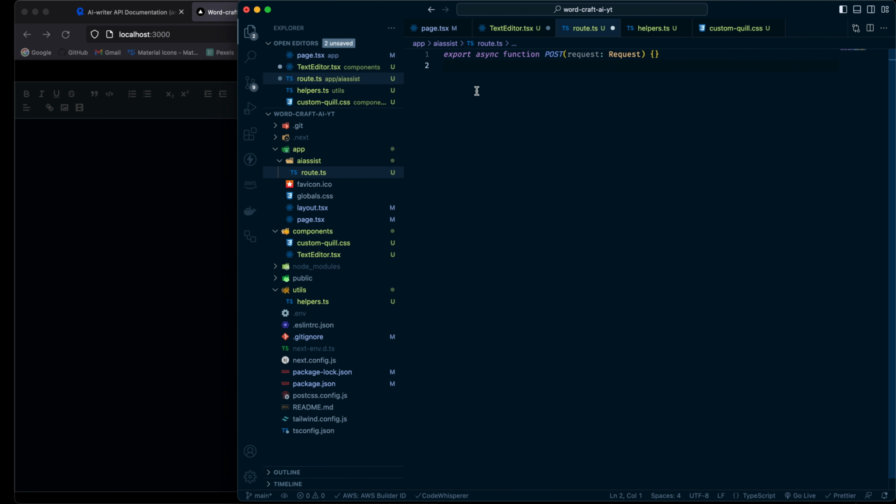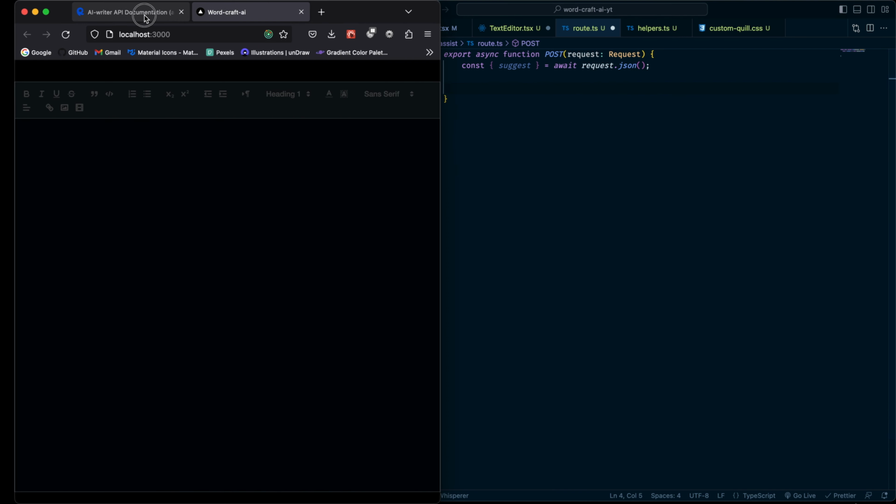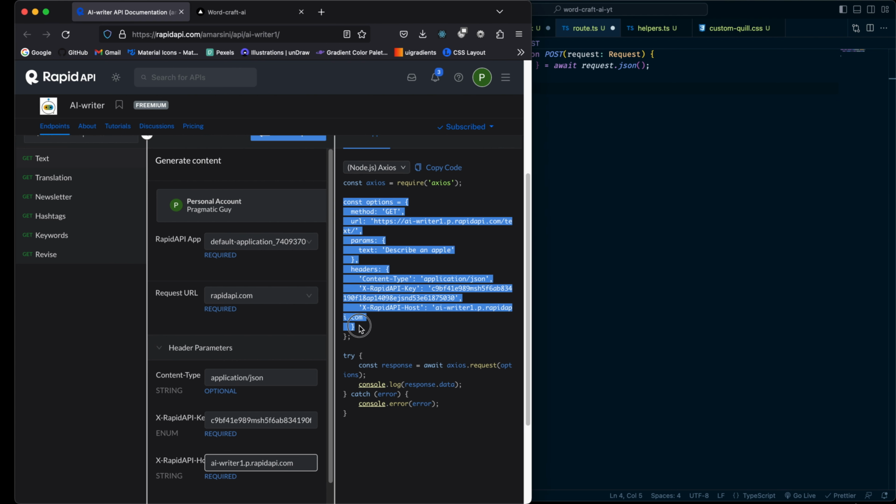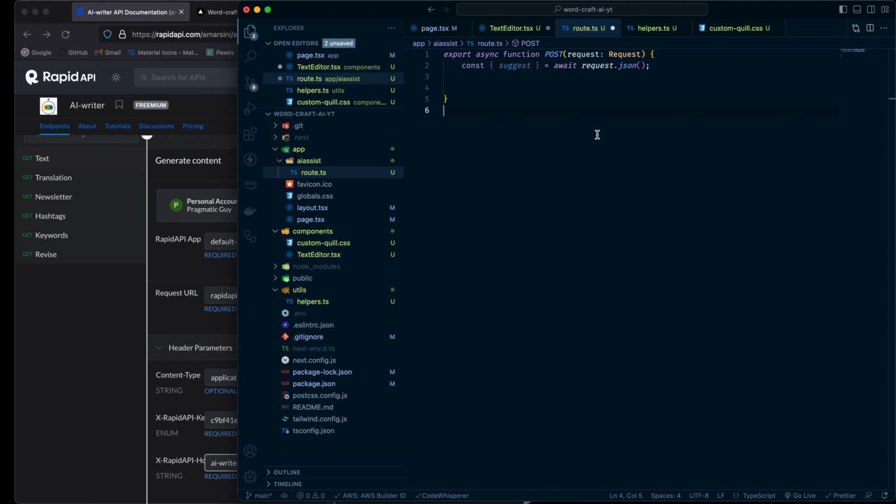So in here we can create a post request. So export async function POST, and inside here we'll be destructuring suggest from the front end. So in Next.js 13.4, this is how you get the object from the front end, which is await request.json. Next up, let's go to Rapid API, and we can actually just copy this out right here,